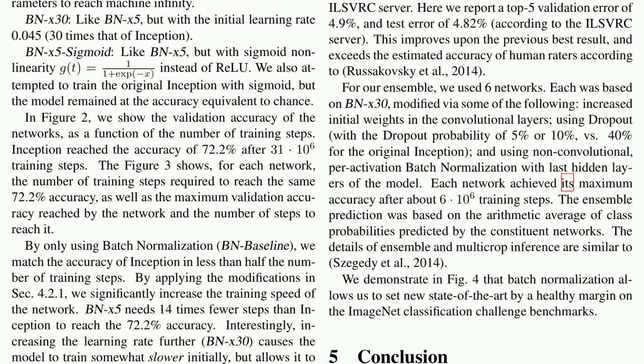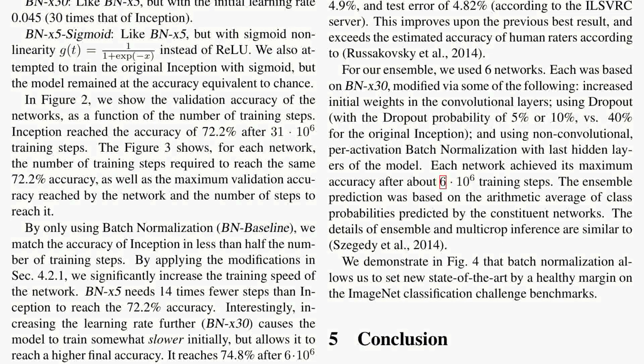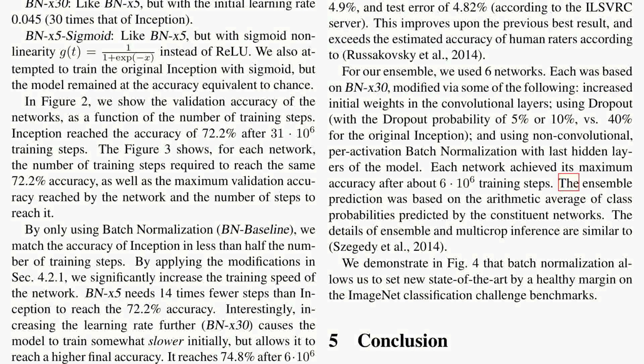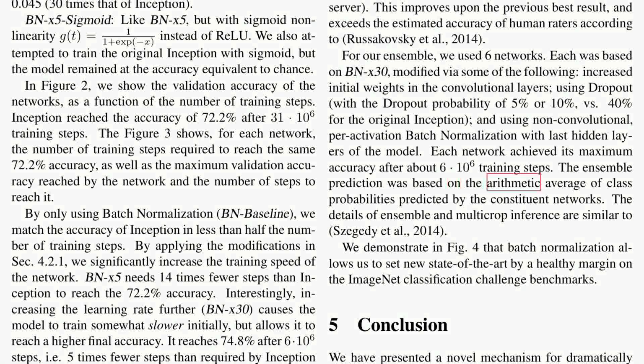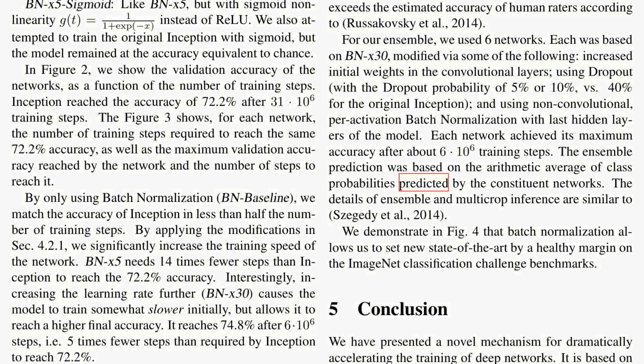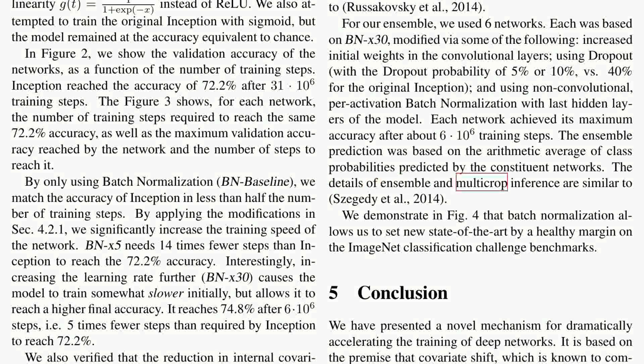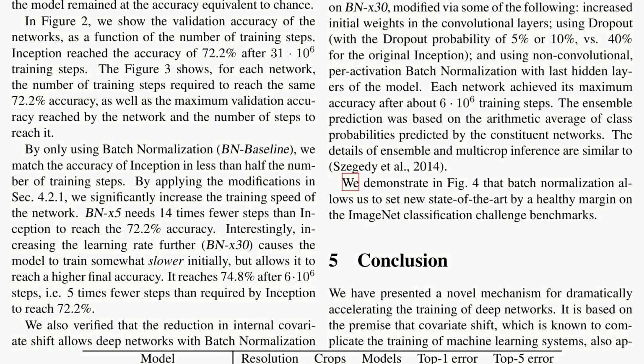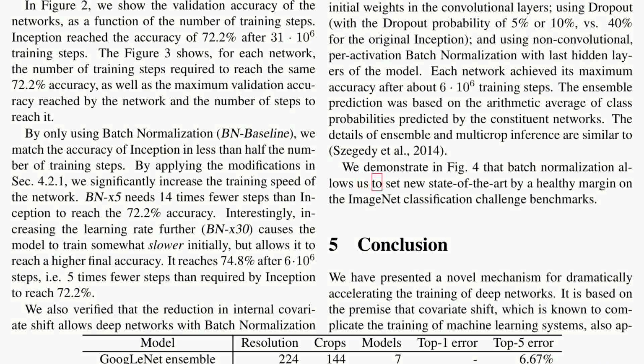Each network achieved its maximum accuracy after about 6·10^6 training steps. The ensemble prediction was based on the arithmetic average of class probabilities predicted by the constituent networks. The details of ensemble and multi-crop inference are similar to [prior work]. We demonstrate in Figure 4 that batch normalization allows us to set new state-of-the-art by a healthy margin on the